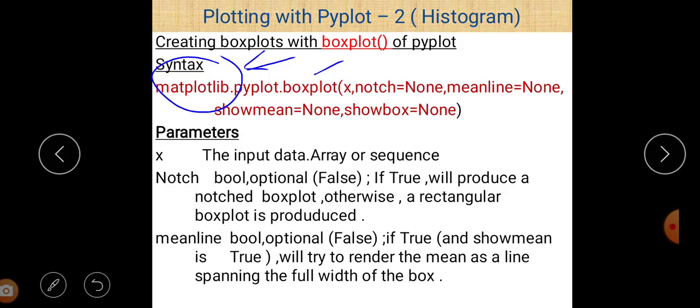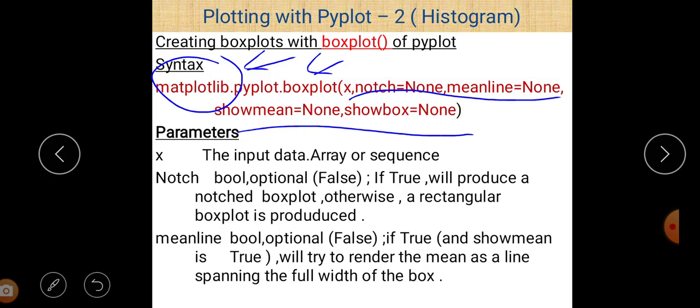So boxplot is a method used for creating a box plot, and these are the parameter values. You can see most of them are the default values, but you can specify them if you want to create a box plot according to certain conditions.